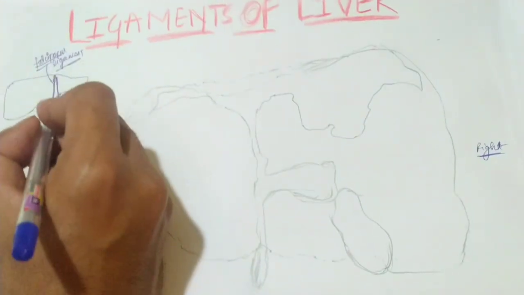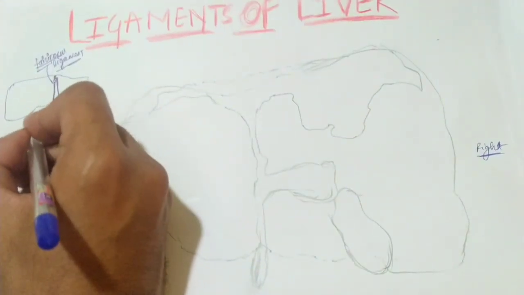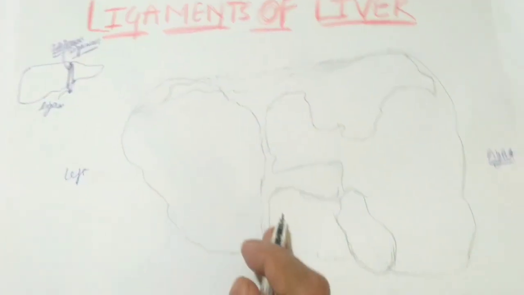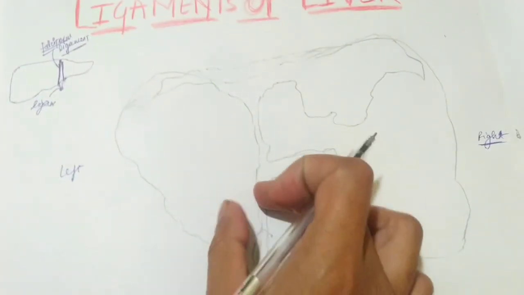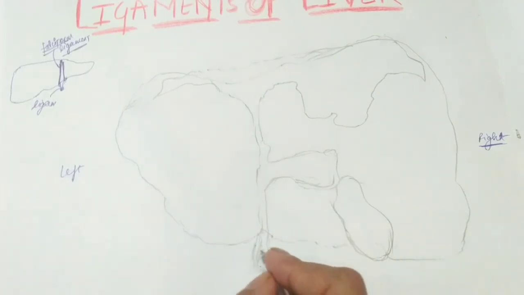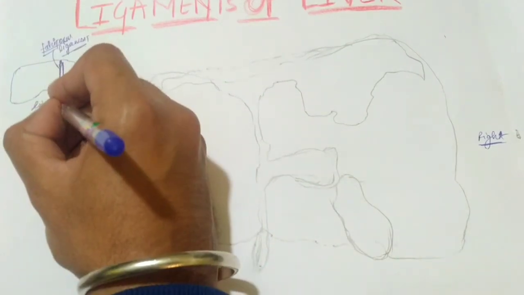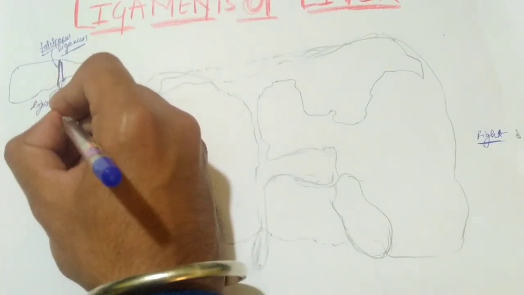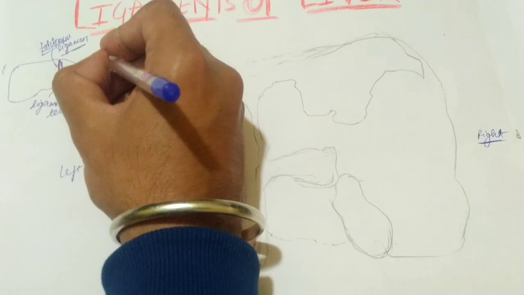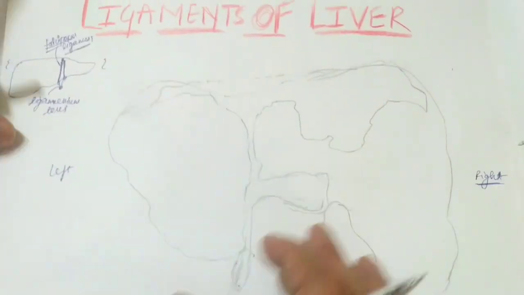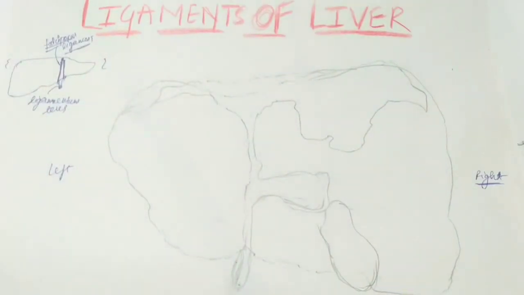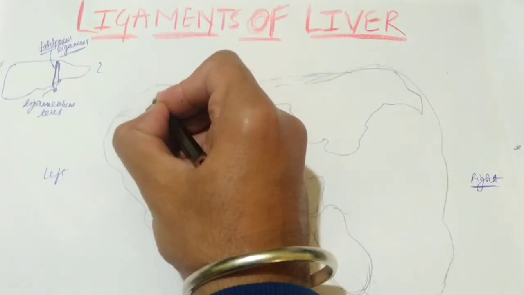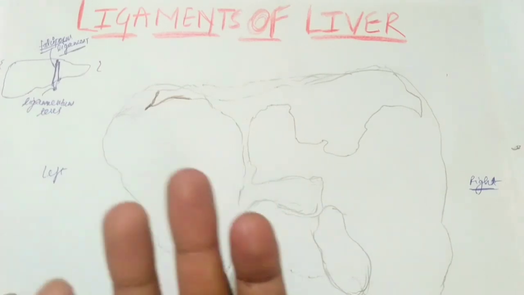So this is a falciform ligament, and below, where it ends, is your ligamentum teres, which you will see here also. So there is some part of falciform ligament here, and there is a groove for your ligamentum teres. So this is actually your ligamentum teres, which is present on the inferior surface, okay? So I'm showing just a simple diagram of the diaphragmatic surface. The main ligaments you will see on the surface, okay? So I will show you my marking with this color. So this is the marking of the ligaments, and these ligaments are actually peritoneal folds.